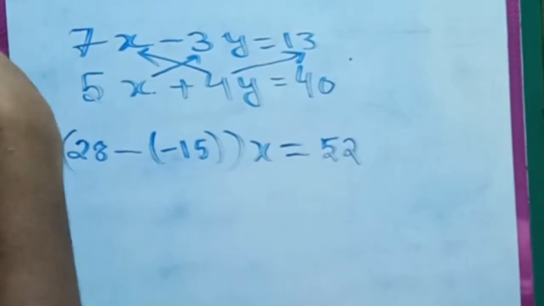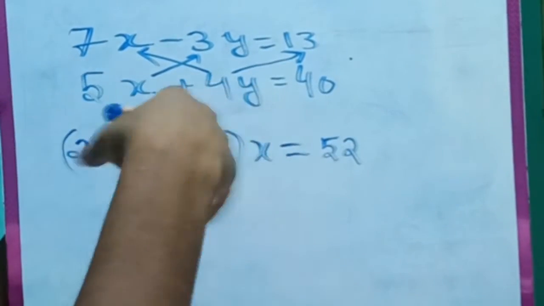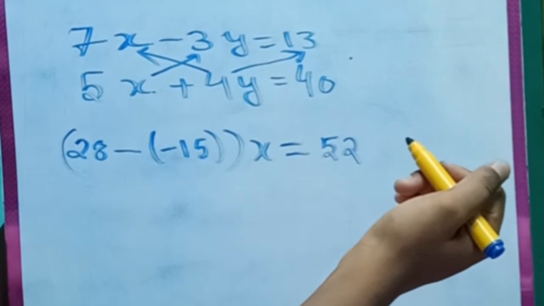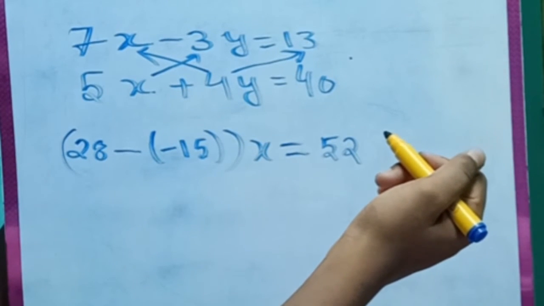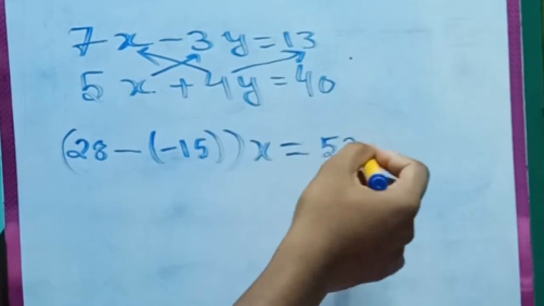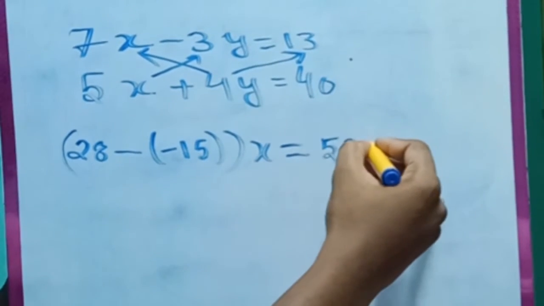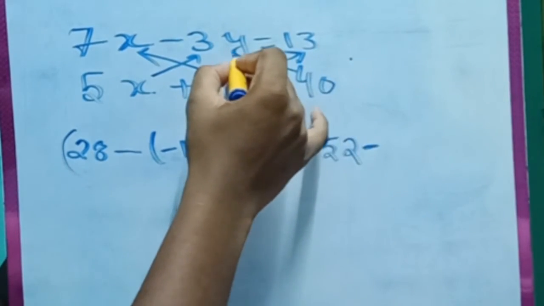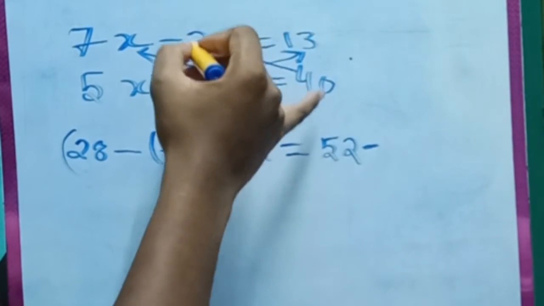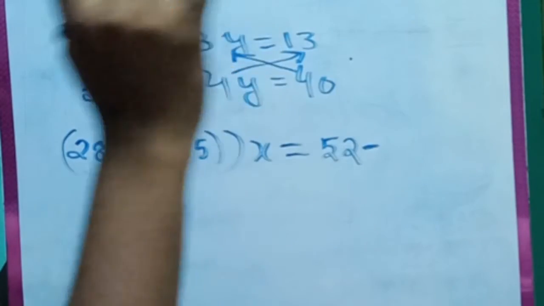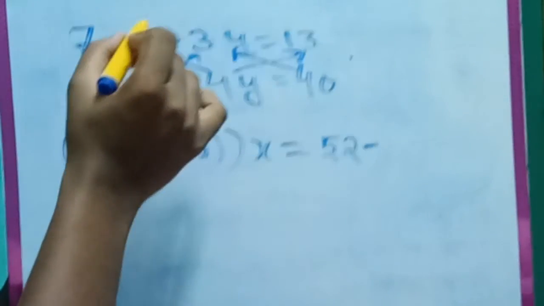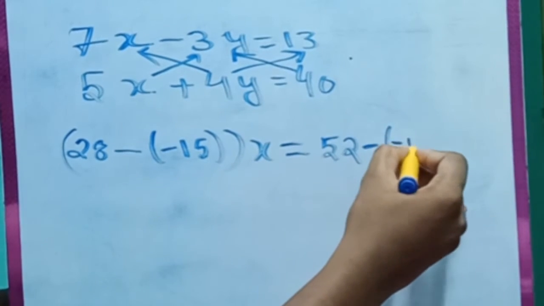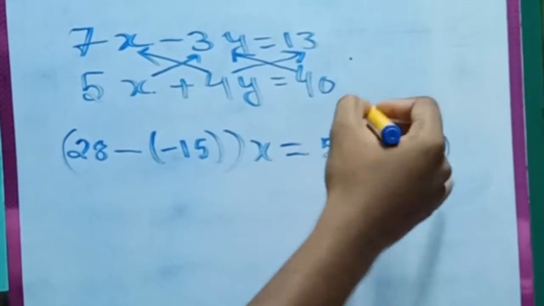I hope you are able to see my writing, right? The color is a little faded, but I hope you can see this. So 4 13s are 52, again subtraction. Cross multiply 40 and 3. 40 into minus 3. Consider the sign also, friends. 40 into minus 3 is minus 120, and there is no variable over here.